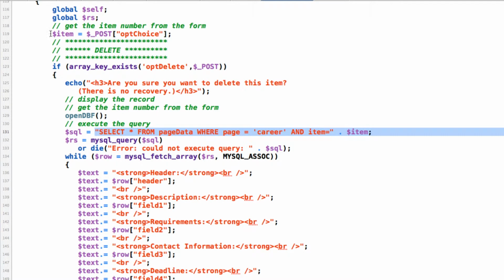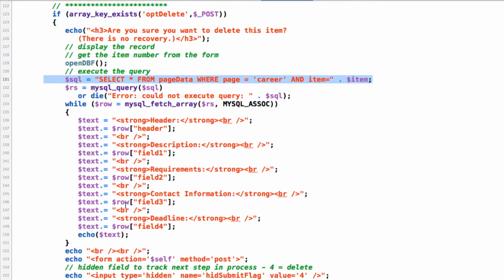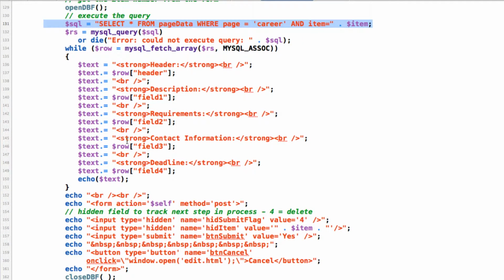So here you can see we got the item number from the suitcase that the form sent us, so we know which option choice it is. So we grab that item number, and that's the record we want to select. So we show that, display all the contents of that field, again, going through a loop,